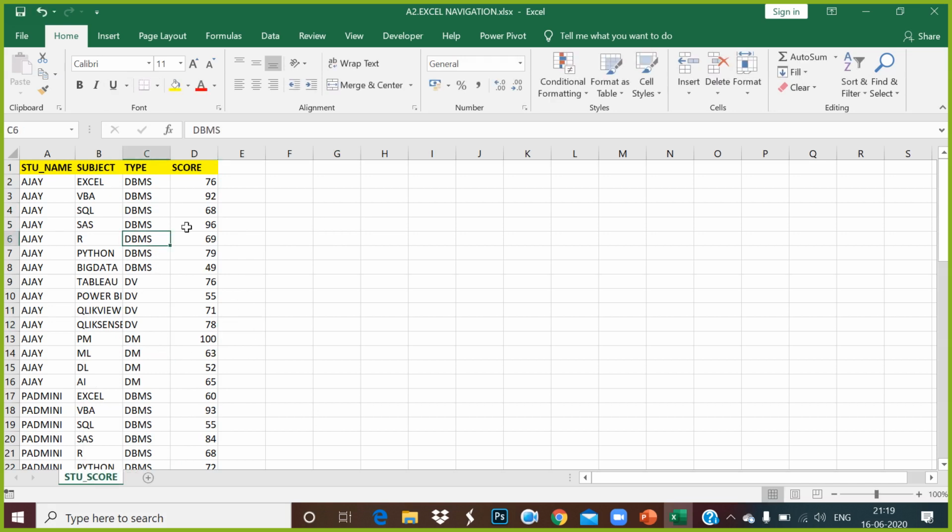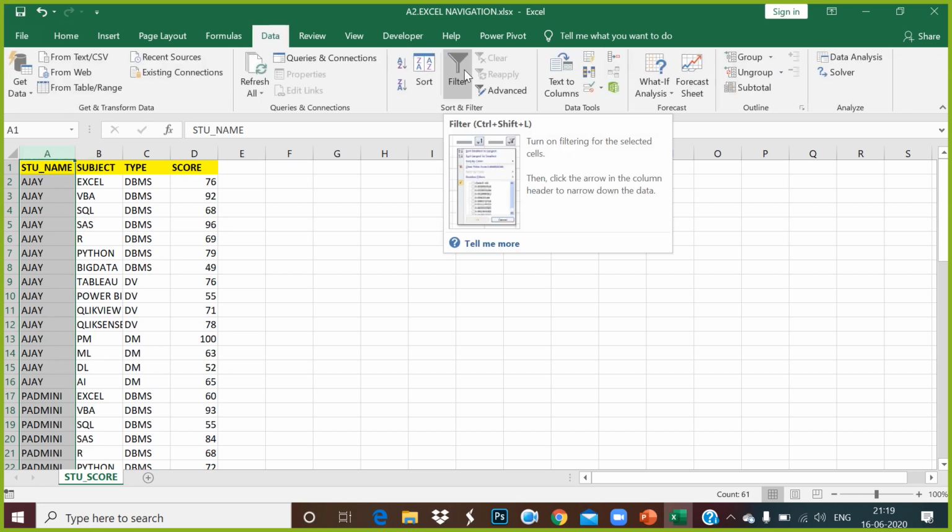Right, guys? Now I will first go for learning how to filter data. So how to filter data, guys? If you select from the column, can you see there is an arrow indication coming over A. If you select it, only this column is selected. If you select this way and go to Data and make it a filter. So guys, there is a shortcut key, Alt D F F. You can also press Control Shift L, with which you can create a filter. But I will suggest you one thing, guys.